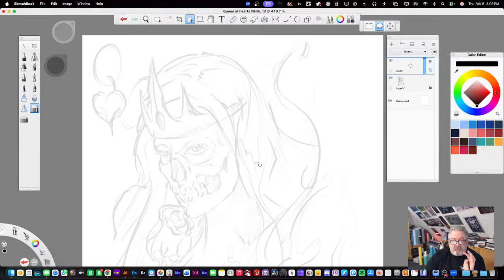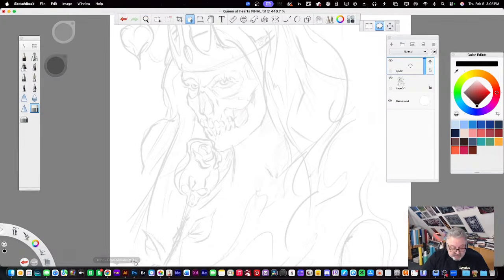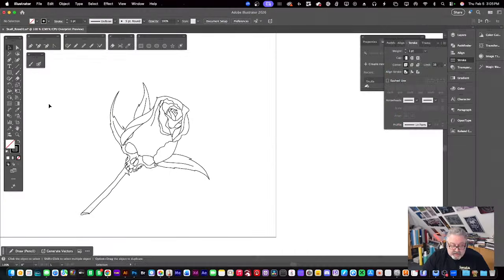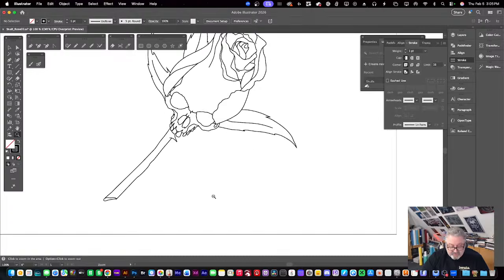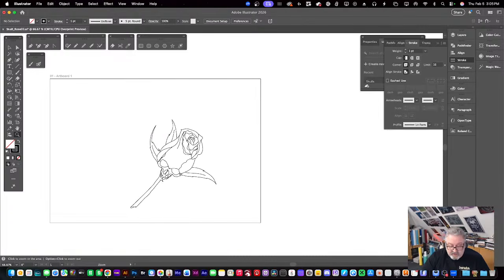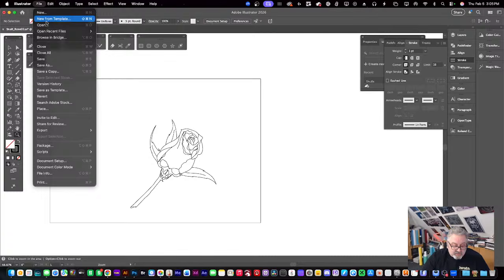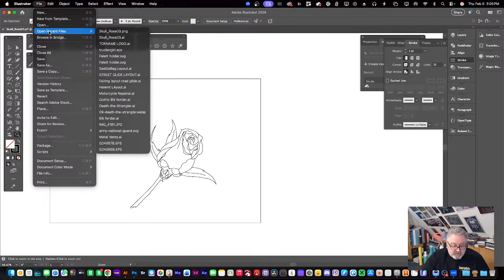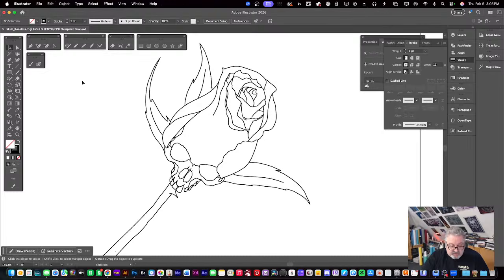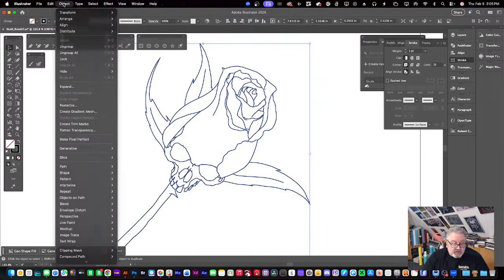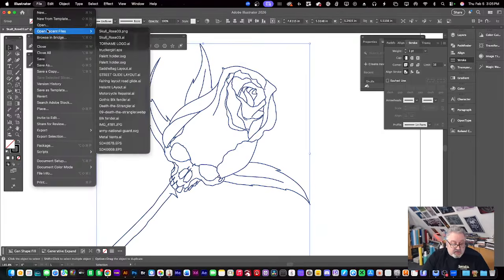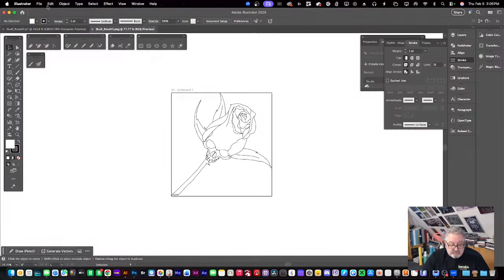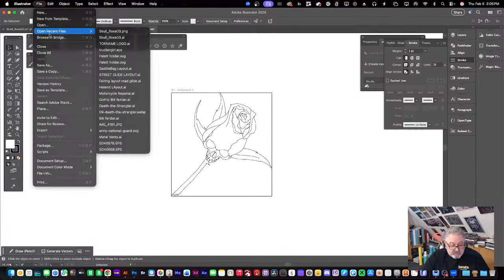And I'm going to show you a double trick, because I'm actually going to start with the roses here. And over here, this is from my Skull and Rose collection, my vector one. So I used this one, but I changed it up. It went from, let me copy it, select all, copy, recent Skull Rose 3, AI.